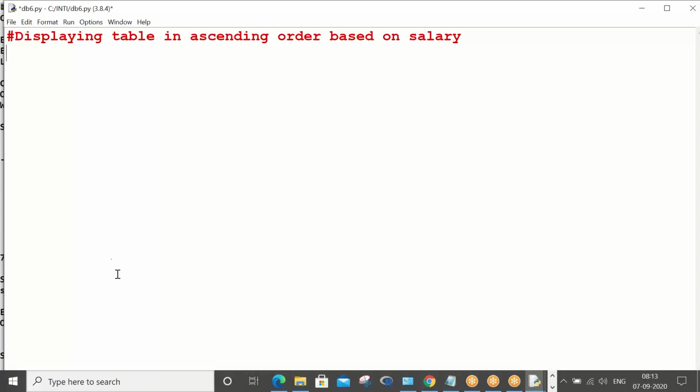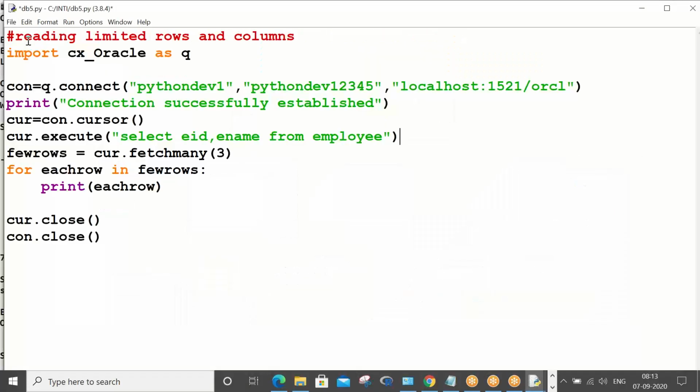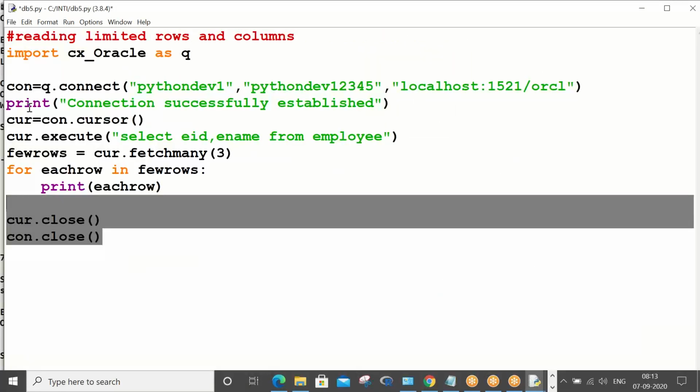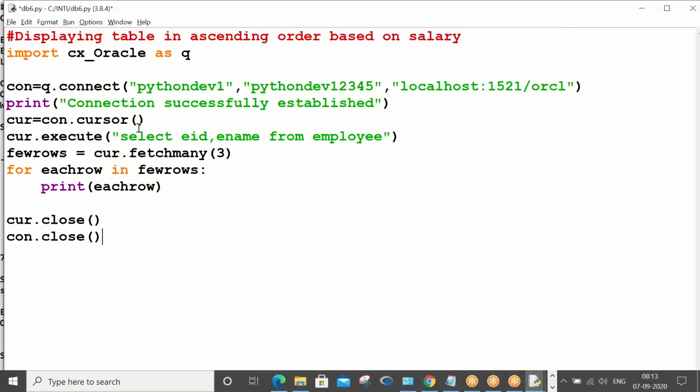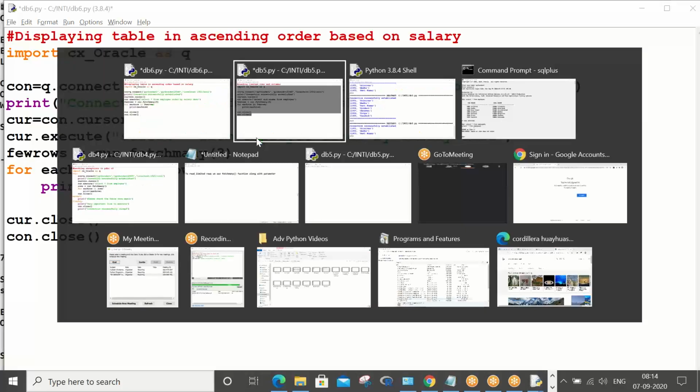Just take the above program only. That's what I said, right? First three, four programs only, you have to understand the concept thoroughly. For the rest, most times I will copy paste the code. So basically the code is the same until execute. Now the modification I am going to do is select star from employee order by salary, and desc for descending is what you have to use.